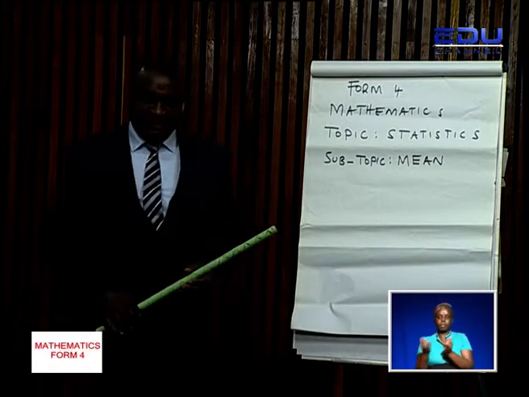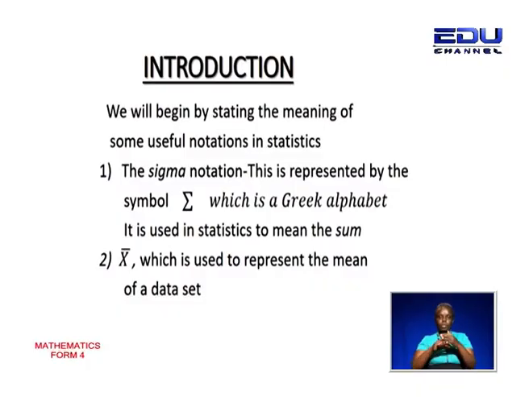Introduction of the lesson. We shall begin by looking at some of the notations that are used in statistics. The first notation is known as the sigma notation. This notation is represented by the symbol as indicated there. This is the symbol of sigma, which is a Greek alphabet, and it is used in statistics to mean the